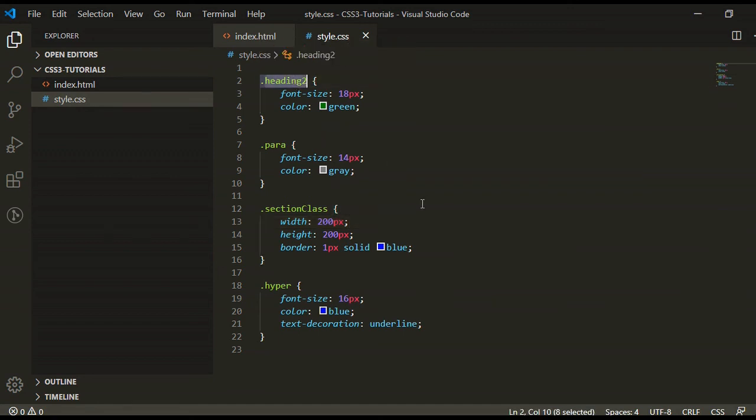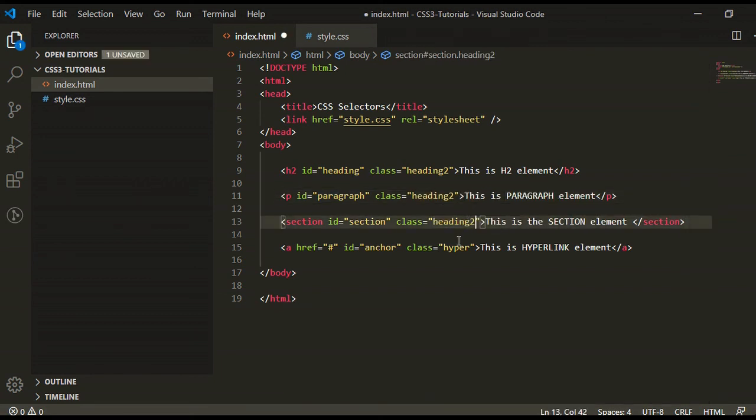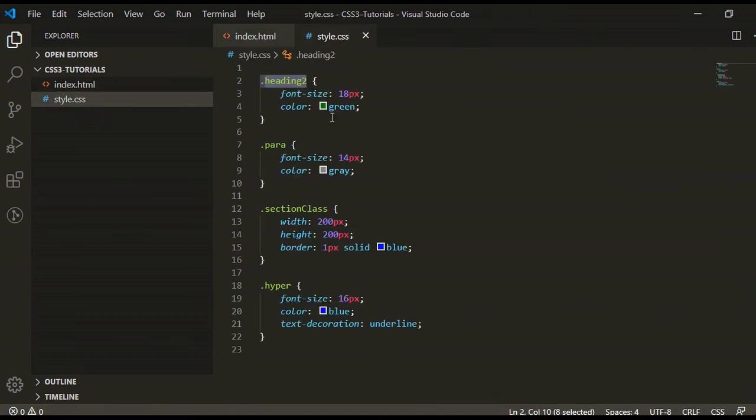Suppose I take this heading2 class name and give it to other elements. So here I have given the same class to all elements, and this class has two properties, font size and color green.